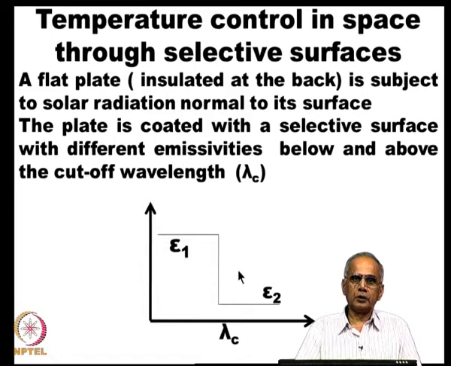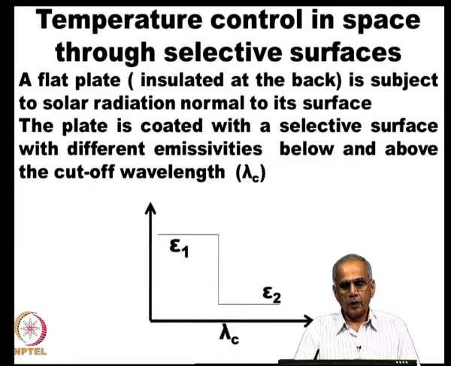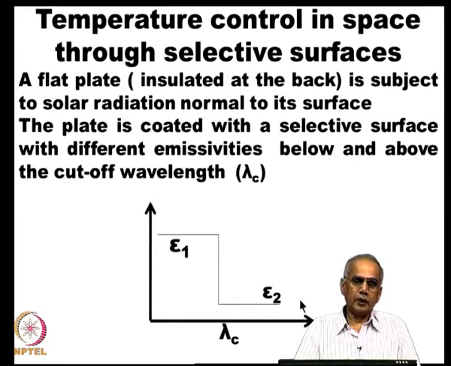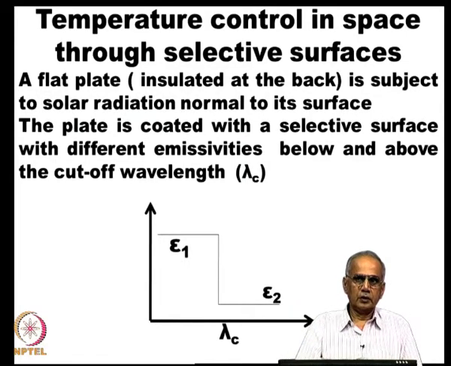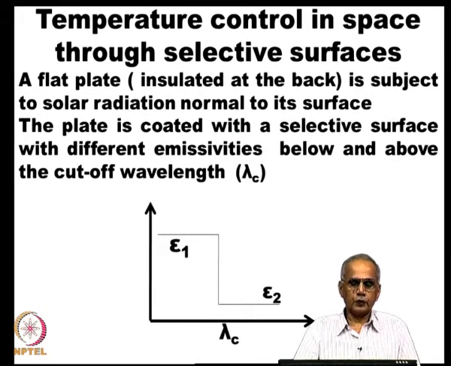Now, such surfaces are used quite frequently in satellites to control the temperature of the surface. In a satellite, there may be a requirement to have the temperature of a surface being very high or very low. Very high would be in applications where you are trying to generate power in a satellite using a high temperature source. So, in that case you want to maintain the temperature of the surface very high. That means you want to absorb as much of the solar radiation as possible, and at the same time reduce the emission of the surface, so that the surface remains hot. This is commonly also useful in solar collectors, where you want to get a very high temperature.